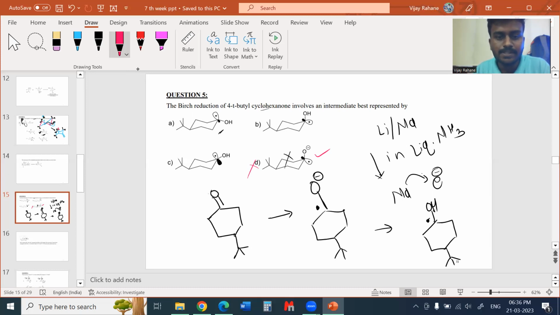So in the ABC, we can see they have shown the radical in between these. It is neither axial nor equatorial, so this one is also incorrect. Now we can compare only between A and B. In A and B, option A is the correct one, because when the radical is on the axial,